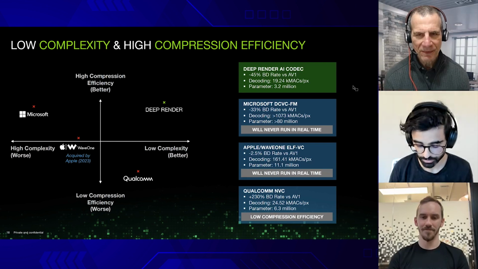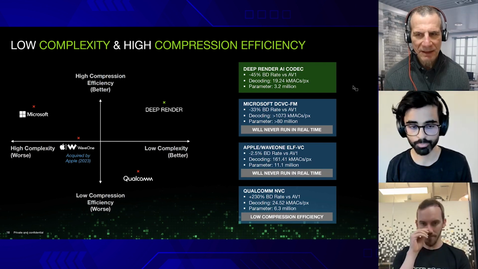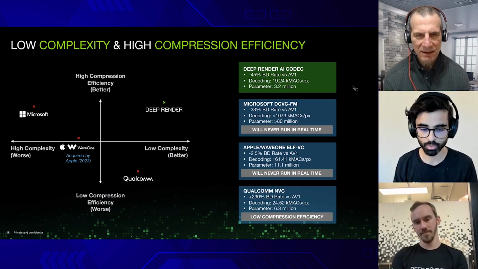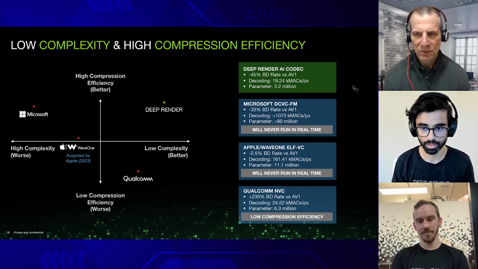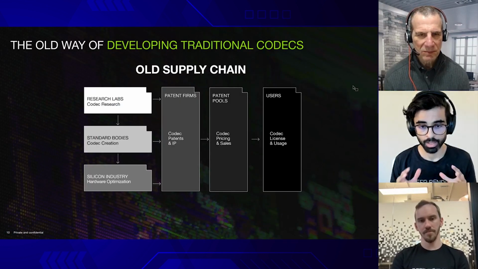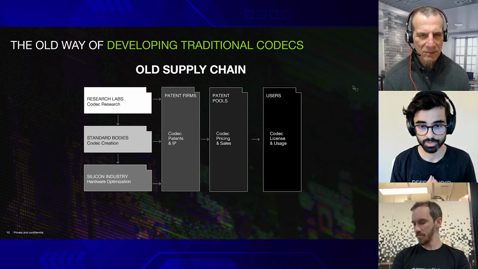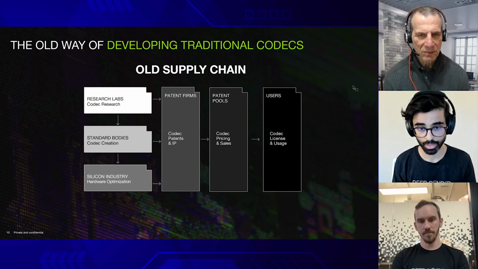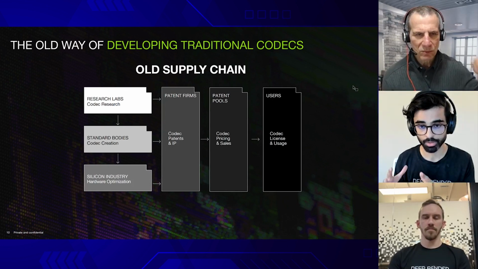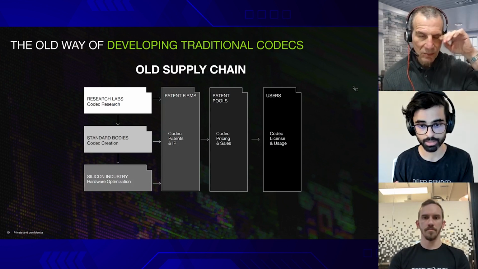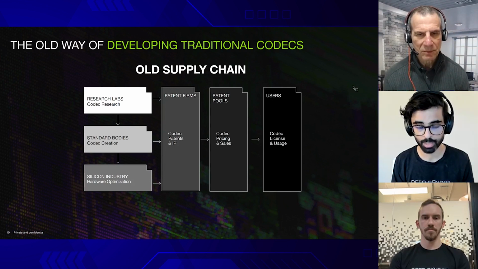Awesome. So just to reiterate, getting both high compression efficiency and low complexity so you can actually have a production-ready codec is Deep Render's aim. I'd also like to touch on some other disruptions AI-based codecs cause. Since we're moving entirely to a new paradigm where we're purely AI-based, there are some other changes that happen in the ecosystem, and the old, previous method of developing codecs